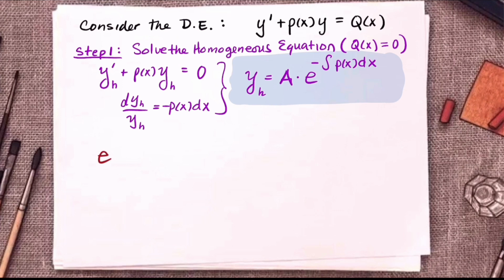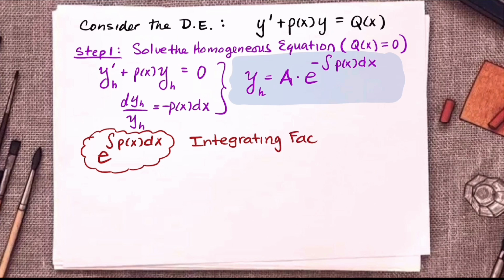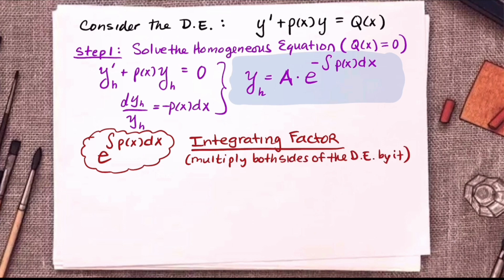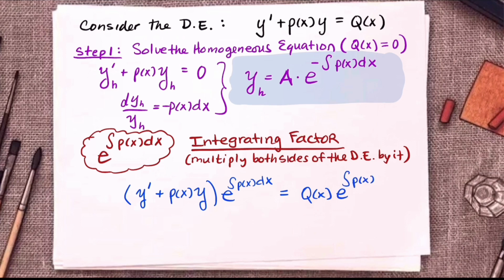Now, the factor that's in there, e raised to the integral of p of x dx, is known as an integrating factor. And it's going to become very useful in solving the equation that is a non-homogeneous equation. So we're going to multiply both sides of our differential equation by this integrating factor. So y prime plus p of x times y multiplied by the integrating factor, and then q of x multiplied